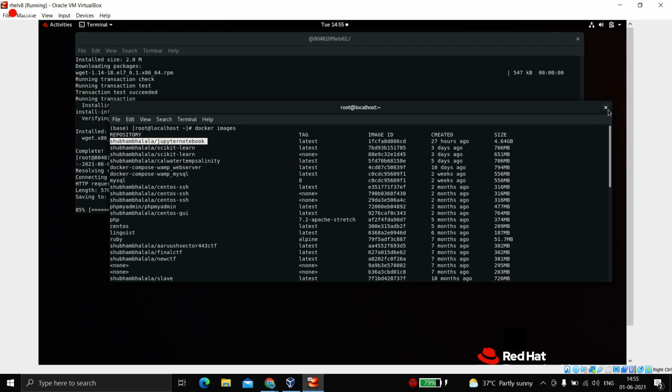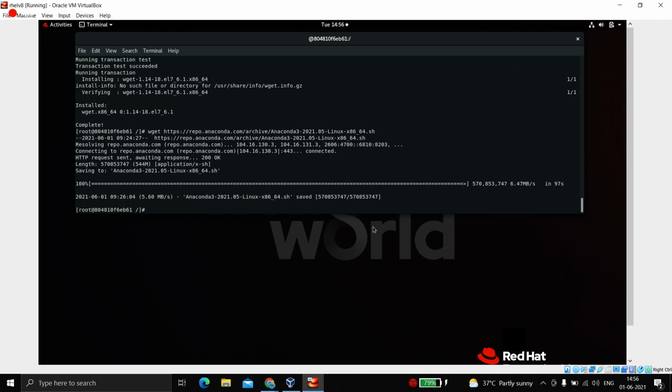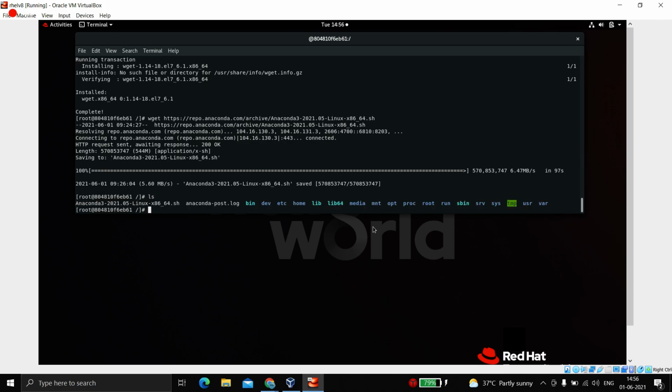You can pull it and use it as I showed you earlier how the command goes. And right now I am just teaching you how you can create it on your own. You need these two libraries which I installed, and any GUI application which you want. In my case, I'll be installing Firefox because I need a web browser for running Jupyter Notebook.